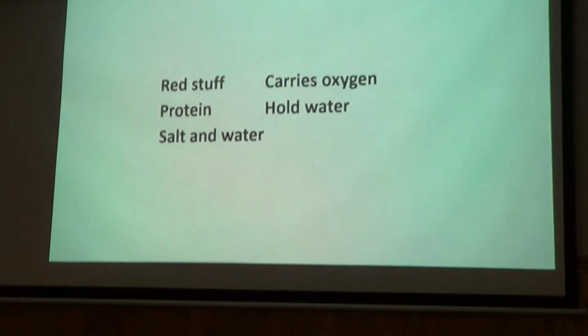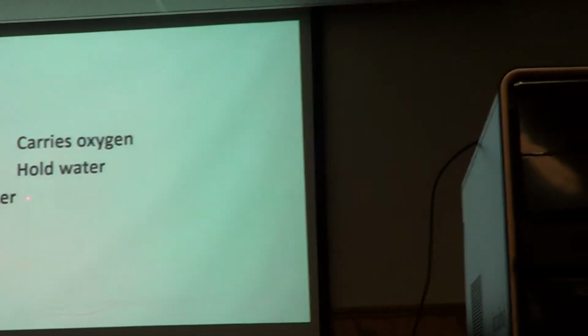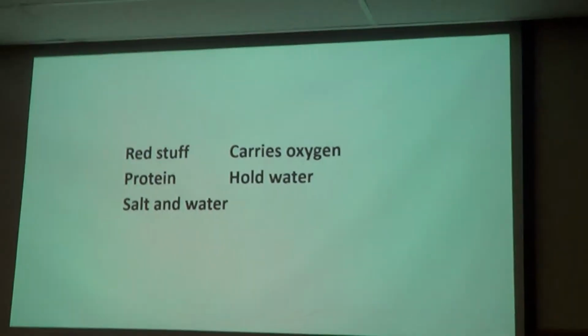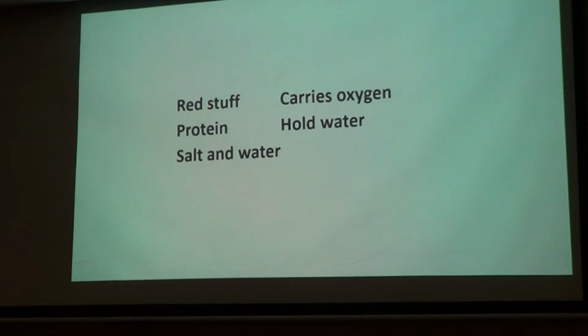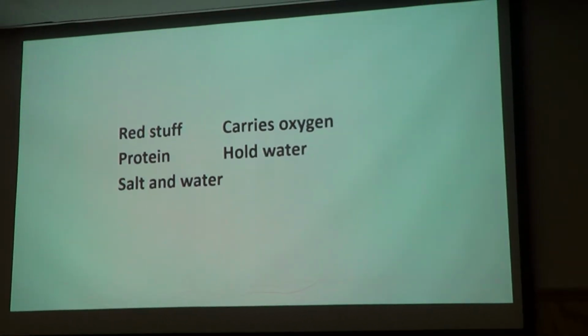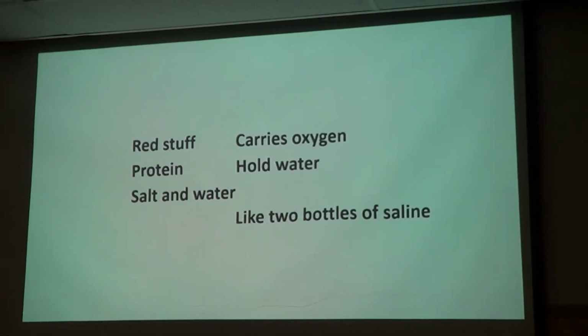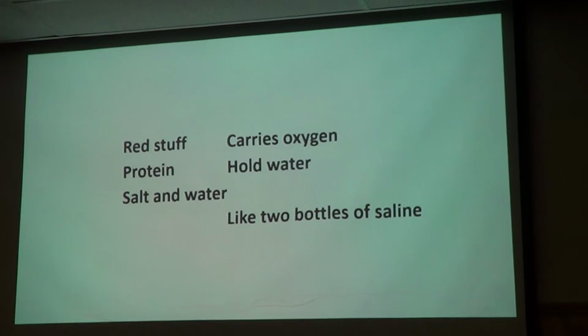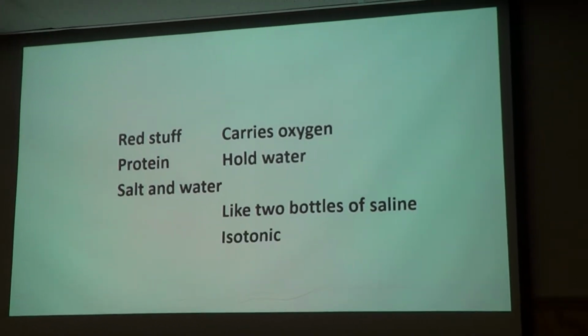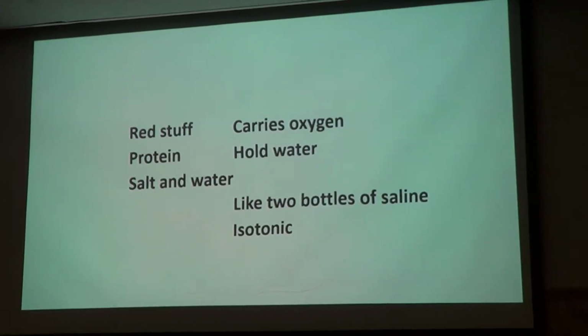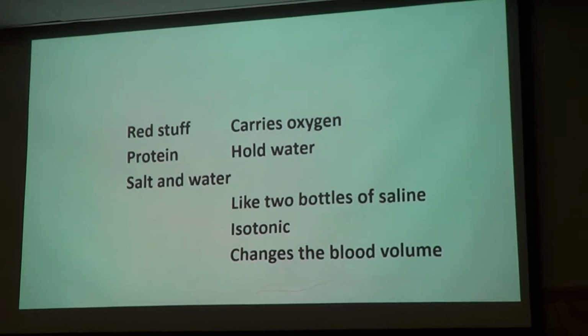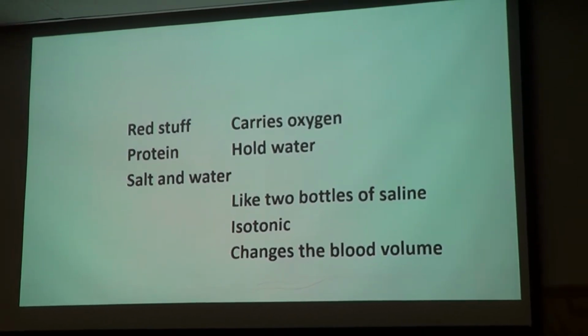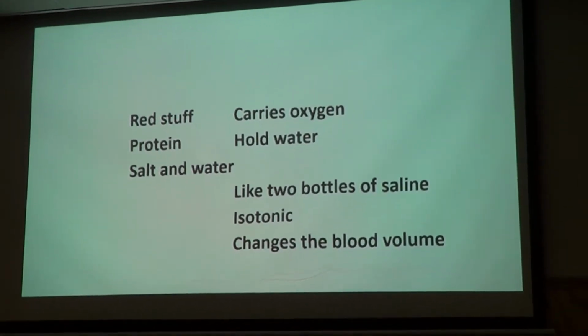Pressure due to protein holding is called oncotic pressure, which I'll describe to you later. So remember these. 2 liters of water, saline I already mentioned. This isotonic I mentioned. And it changes the blood volume on a day-to-day basis. For example,